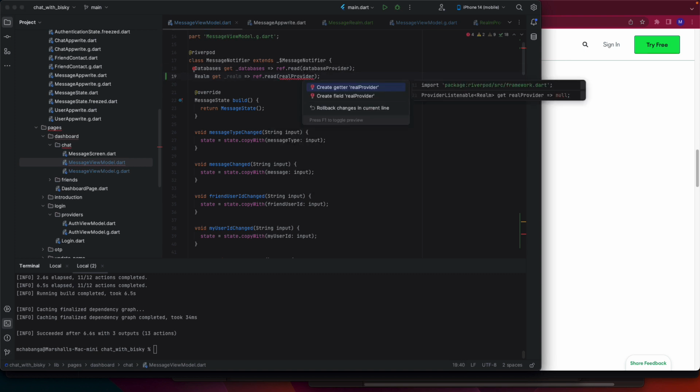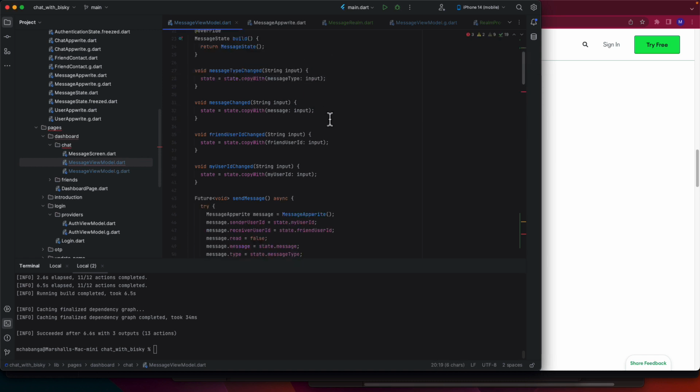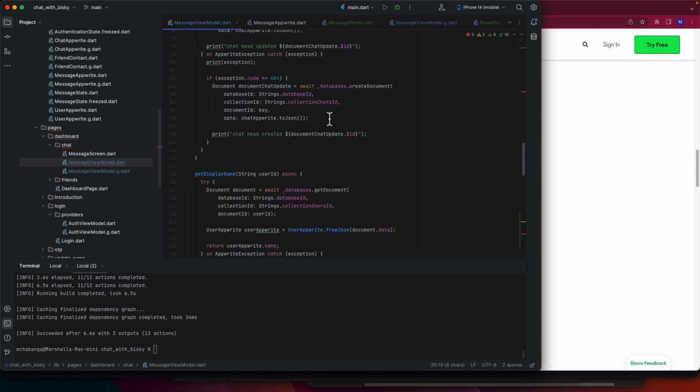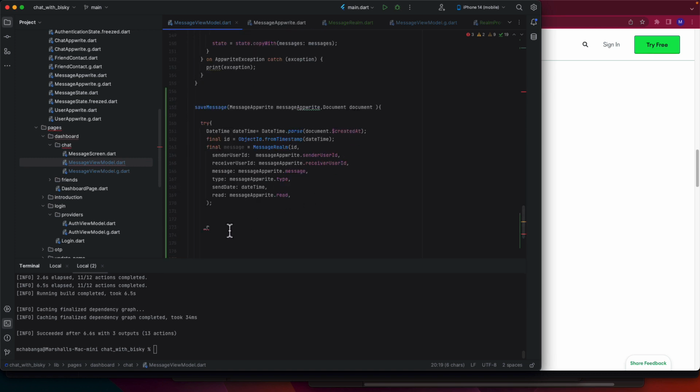And let's import this realm provider. We can import our realm provider, and you can use this realm to find and also to persist. So you just say realm dot, we want to query,